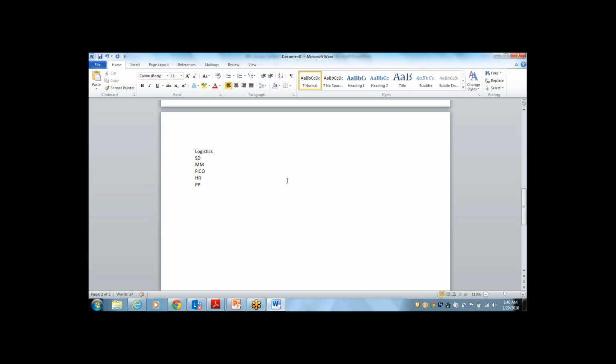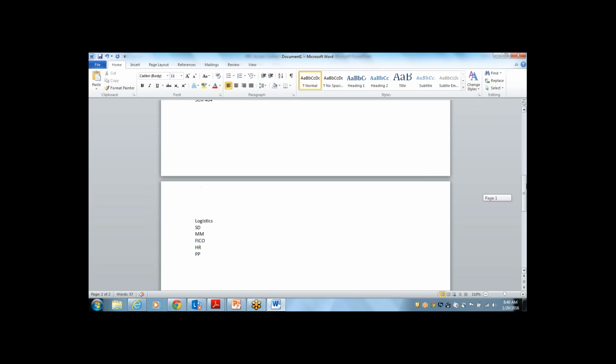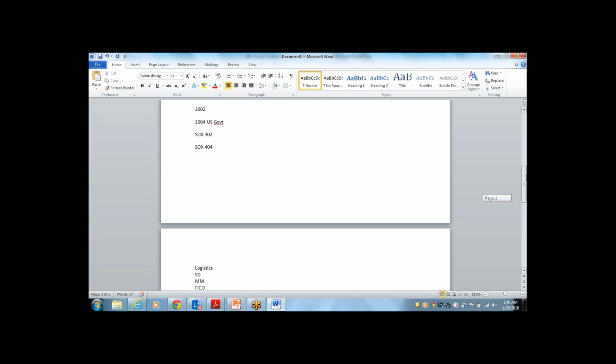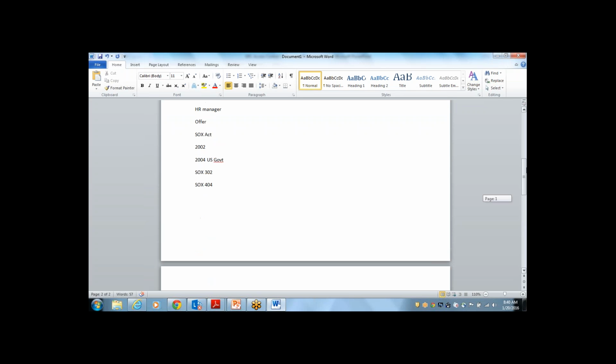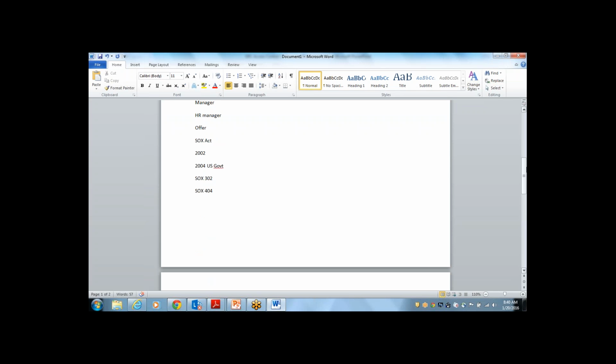The users are created depending on their position in the respective business process, in the respective functional area. Why I am telling this here is, when you talk about SOX, in each business process you should not give the complete access or unwanted critical combinations of T codes to the same person. That should be avoided. That is SOX 404. That is what the SOX Act says.